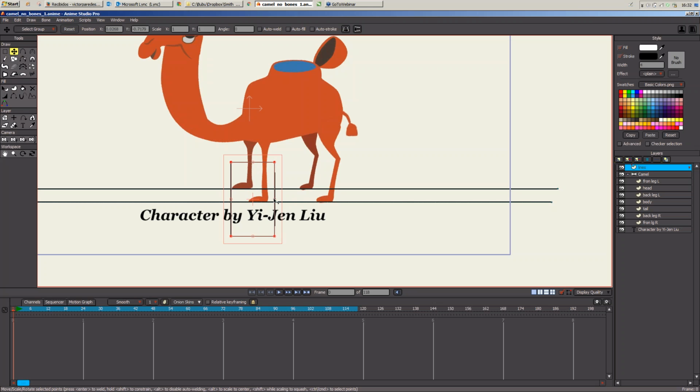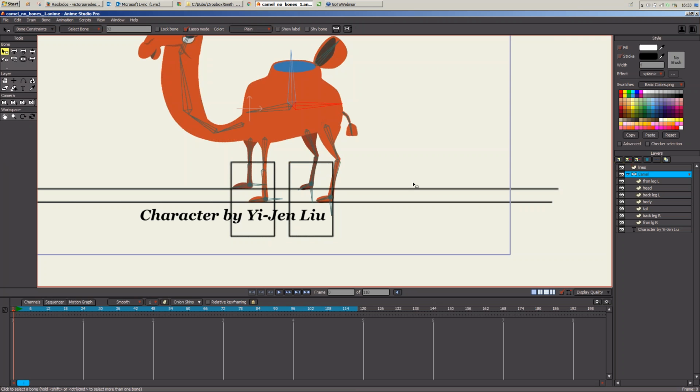Okay, and once I decide the size, I will copy and paste this rectangle and put it in the back. So I have two rectangles, one for the legs of the front and the other one for the legs of the back. Okay, and because the rectangles are both the same size, I am sure that the legs of the front and the legs of the back will walk at the same speed because they are covering the same distance. Okay, so once I am done, I will go back to the camel bone layer,